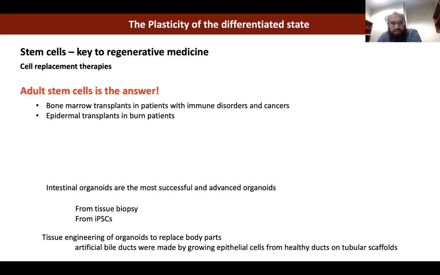And last time we also saw this patient with junctional epidermolysis bullosa, where he had detachment of the skin throughout his body, and it was replaced by stem cell grown skin. So adult stem cells are definitely the best you can get,